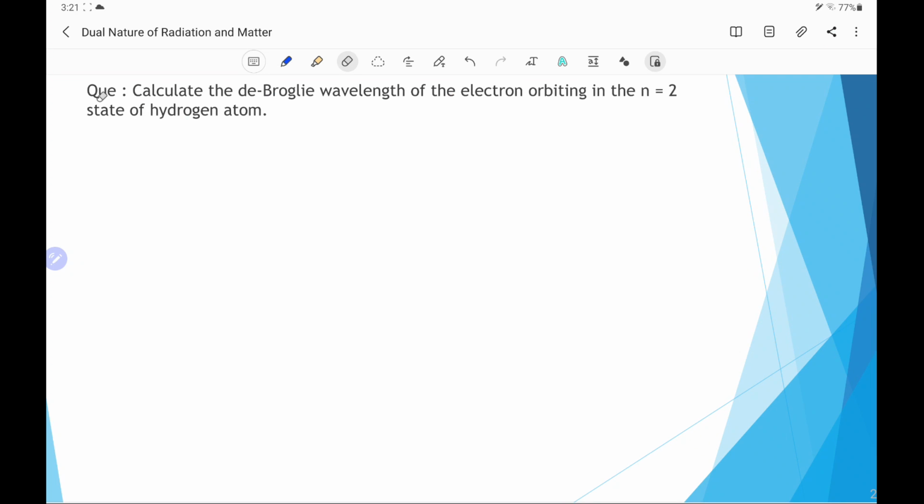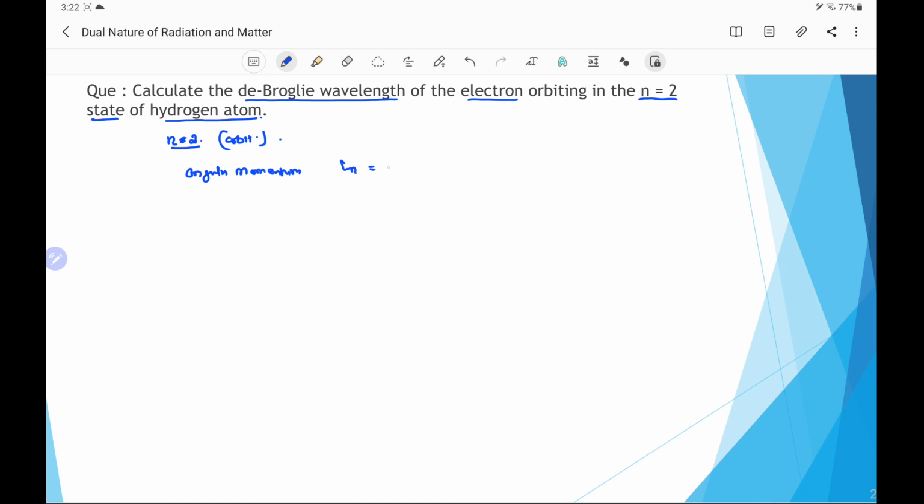Next problem is, calculate the de-Broglie wavelength of the electron orbiting in the n equal to 2 state of the hydrogen atom. Here, the shell in which the electron is revolving is the second orbit. And for a revolving electron, we know that for a stable orbit, the angular momentum of electron